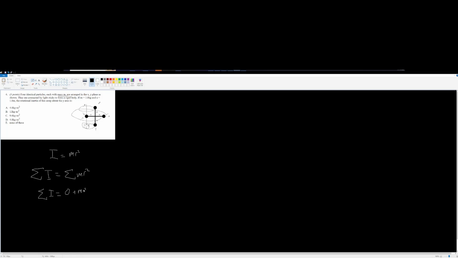The mass on top is going to have the exact same moment of inertia, since it has the same distance from the y-axis. And then lastly, this one over here is twice as far from the y-axis as either of these two masses. So this will be plus m times (2a) squared. All of this equals 2ma squared plus 4ma squared, and this will equal